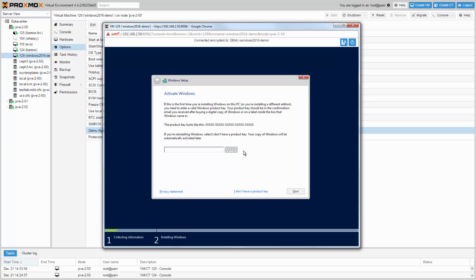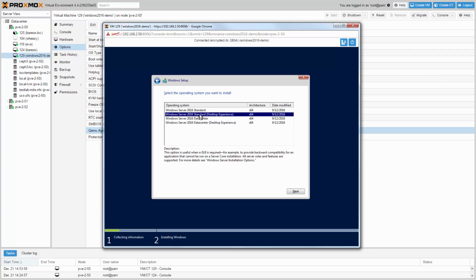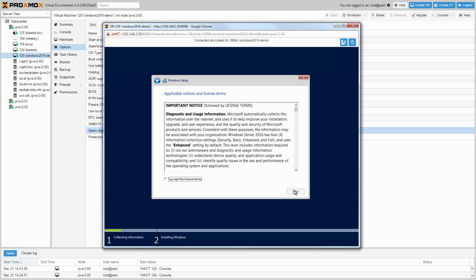As I do not want to enter the license key right now, I choose to do it later. In the next step, choose the Windows variant. I go for 2016 Standard with Desktop, and click Next. And accept the license terms.